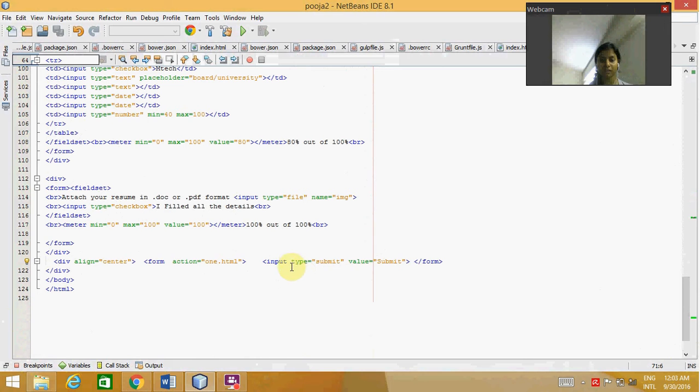after doing the rest of the things. There is a submit button. We'll just submit it, and we're done with this page. And as you can see, if I just run this code,